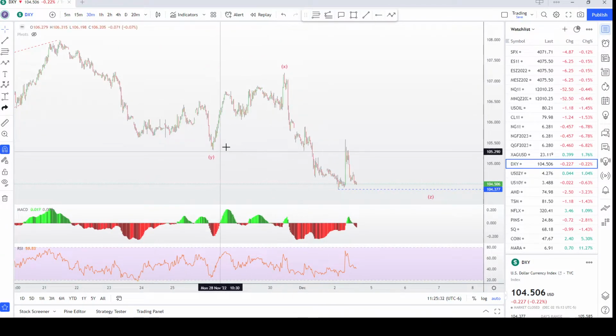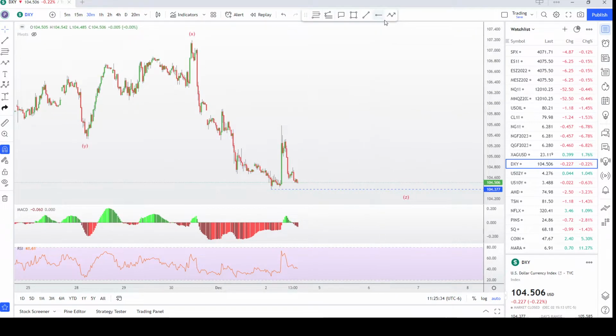So if we zoom in on this final part, here's the X wave up, and so far we just have a strong impulse down, and then this little 1, 2, jobs report came out Friday, up for 3. So we do have a little ABC, so we just don't know if that's all the correction. That could just be the A part selling off here, and this is just going to be the B, and it's going to go up one more time for a C, and then back down to complete the Z wave.